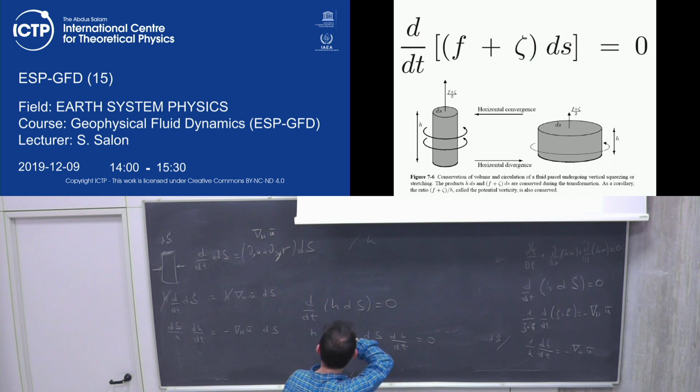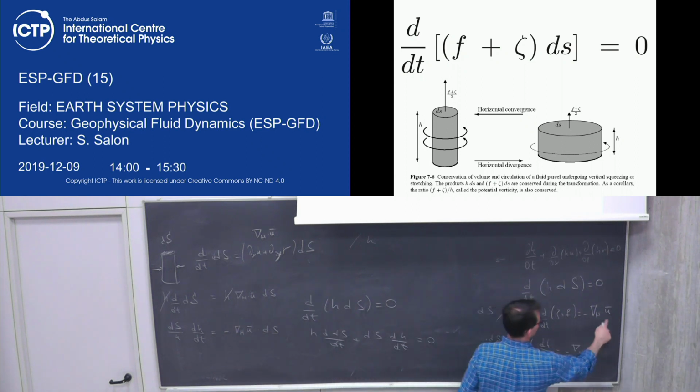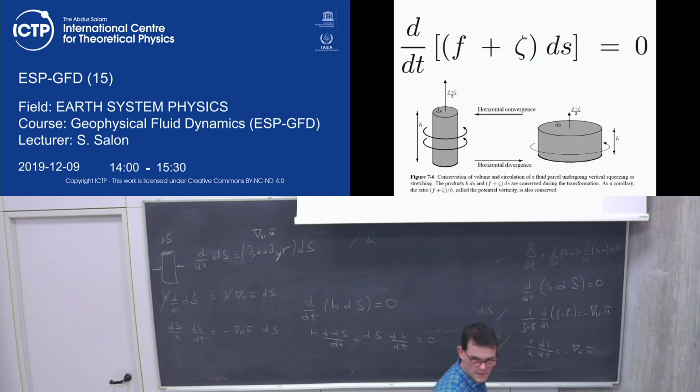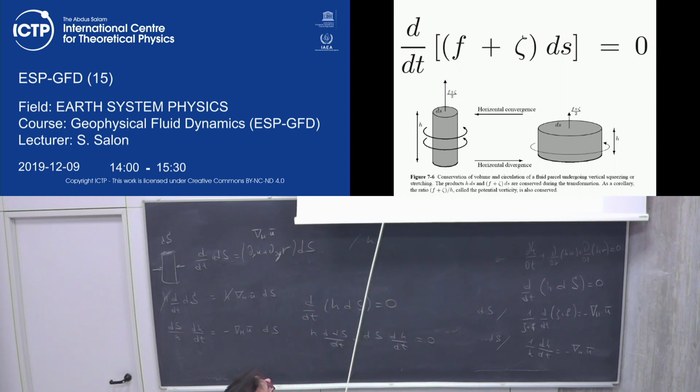One more thing is to calculate this one and to multiply by ds. So if we multiply this by ds, what we will obtain is that form here. Because the trick is always to remove the presence of the divergence. So when we obtain this, which is the conservation of the angular momentum, we have exactly